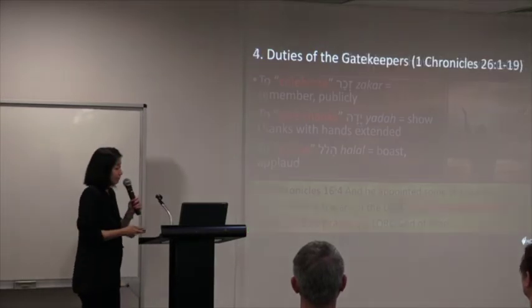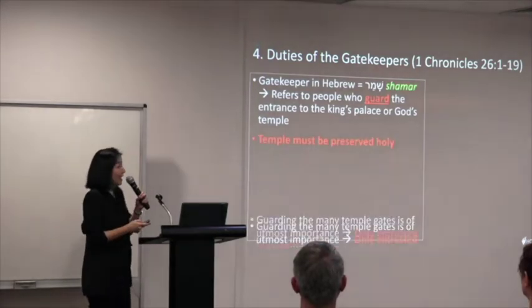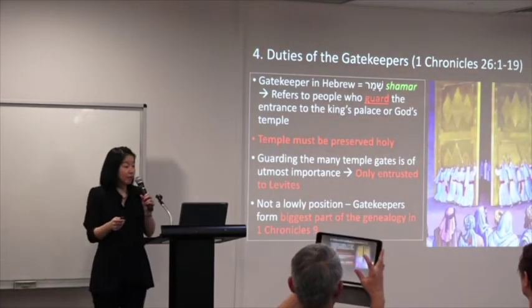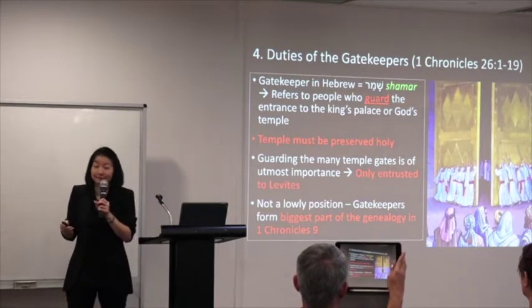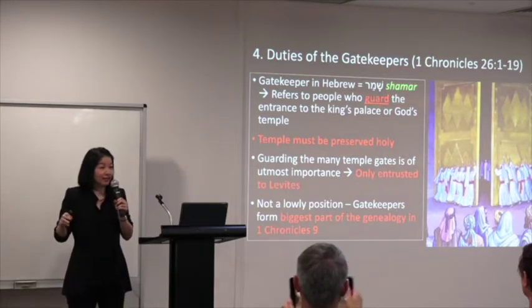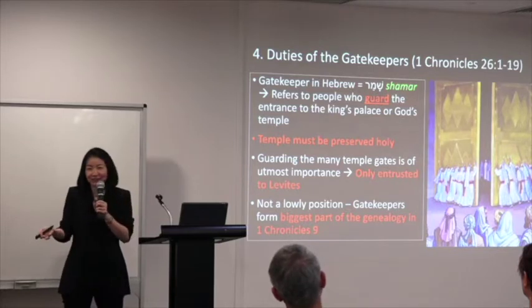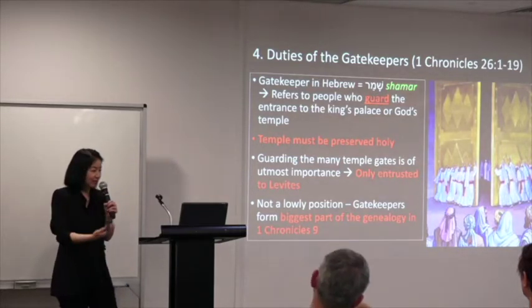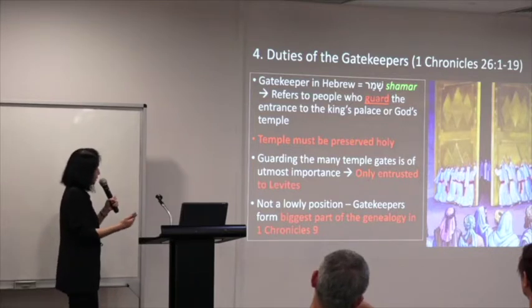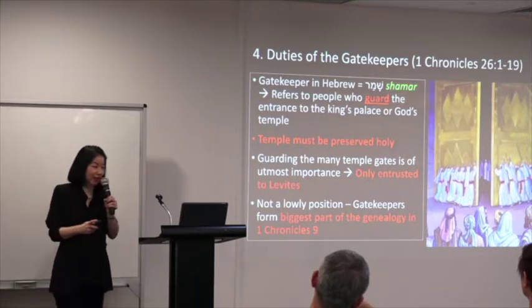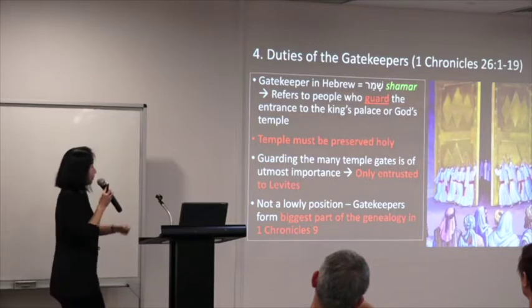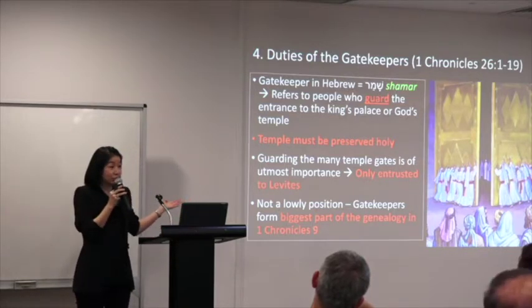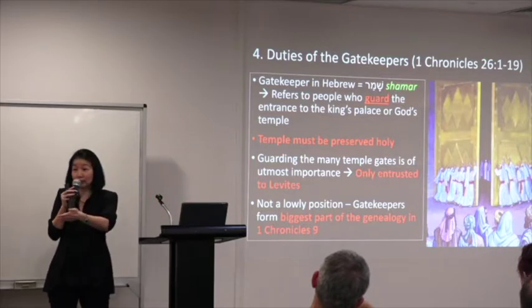These are the duties. The last and final group of Levites are the gatekeepers. Gatekeepers close the door. You would think it is the janitor of the Levites, but it is not. I had the greatest revelation from studying the gatekeepers, because we underestimate these gatekeepers. Gatekeepers in Hebrew is shamar. This word came out in the Garden of Eden when God told Adam, tend and keep it.